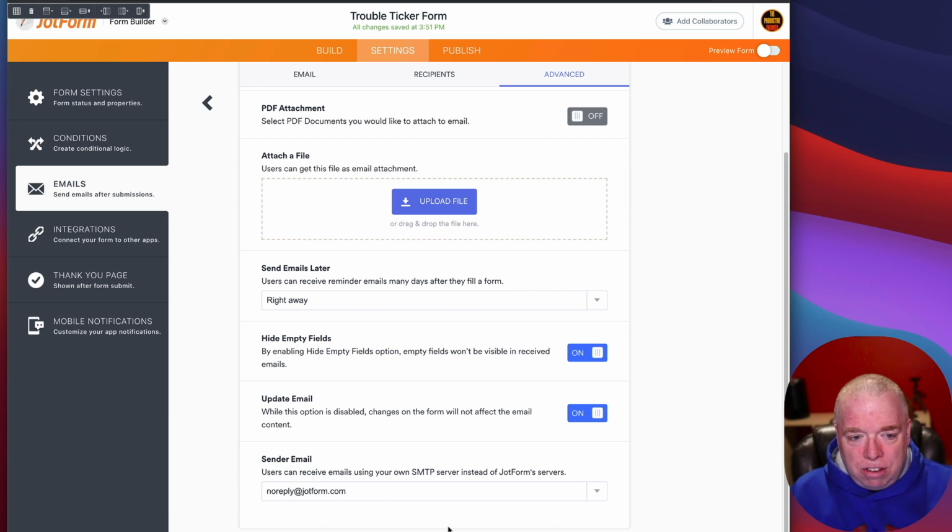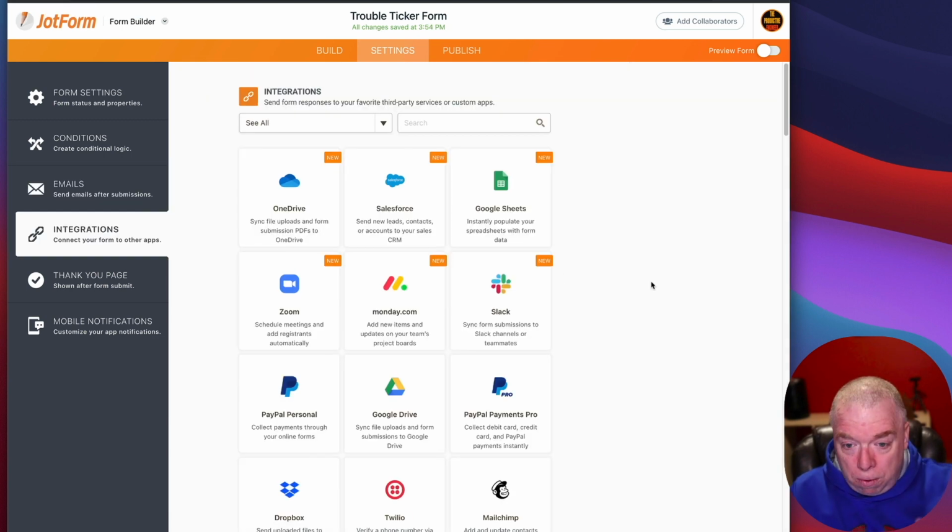So you have a lot of customization. And speaking of customizations, let's talk about integrations. If you come over here to integrations, you have a ton of integrations to various things. You have Dropbox and PayPal, OneDrive. If you're a Salesforce user, Salesforce, Google Sheets, so you can populate spreadsheets with the form data you collect, which